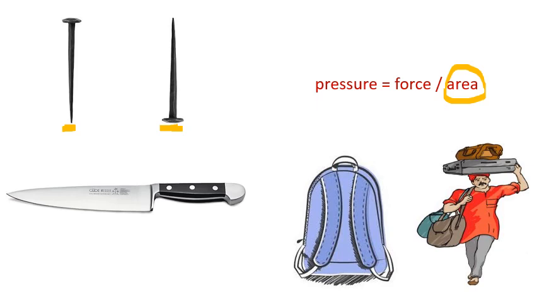Same, you can see here also the area of the edge of this knife is very less so that we can easily cut the vegetables. In the same way, can you explain now why shoulder bags are provided with broad straps and not thin straps? Here we need to decrease the pressure. For that we need to increase the area. What is pressure? Force acting on unit area is called pressure. So force is acting on our shoulder. For decreasing that pressure we need to increase the area.